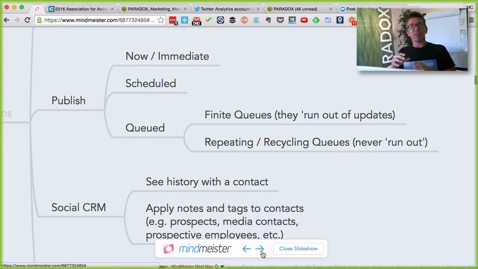But the other type that I love is in the mix. You do all of these; it's not either or. They are repeating or recycling queues that never run out. Now, there are blog posts that you do, and this is the focus that we help people with in content, blog posts that don't date. If a blog post that you post today or this week will be just as relevant in another month or 3 or 6 or a year, you can add it to a mechanism, an app, that will repeatedly promote it at intervals that you can define, without it appearing repetitive to any of your followers, keeping in mind that people don't see